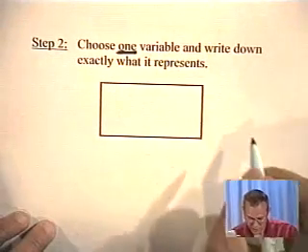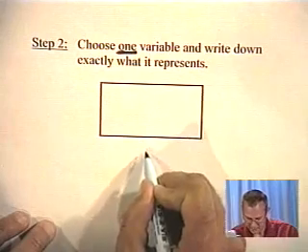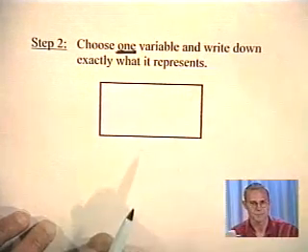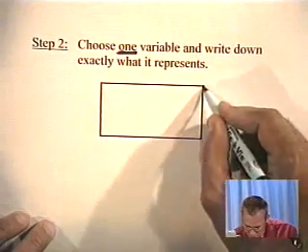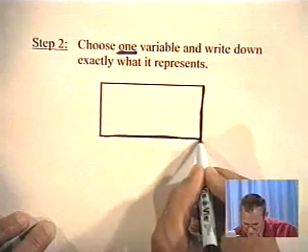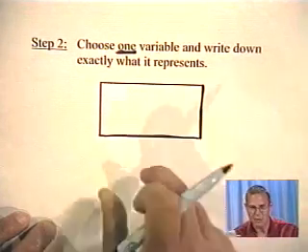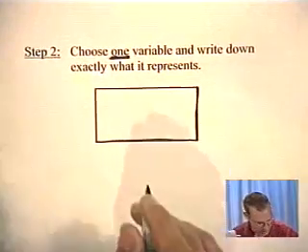Now, certainly I could say, let's let this be W and this be L, but then I have 2 different variables. So our goal here is to find a variable that describes the width, and we'll find a variable that describes the length. Now, each variable has to be the same, though. Okay, remember, if we look at the problem,